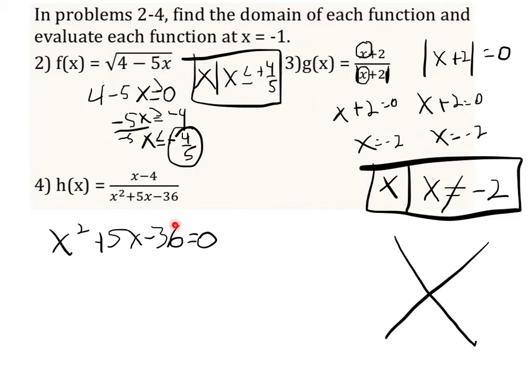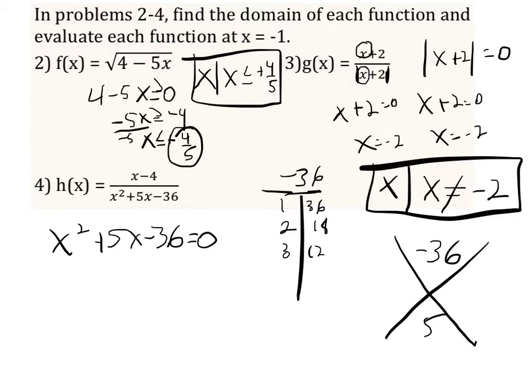I need to know what multiplies to negative 36 but adds to positive 5. So looking over here, I say what multiplies to negative 36 but adds to 5. So I'm going to look at a table here where we say what are the factors of 36? 1 and 36, 2 and 18, 3 and 12, 4 and 9, and 6 and 6. And then we would start over from there, and we need those to add to positive